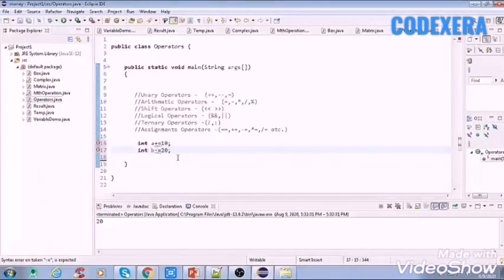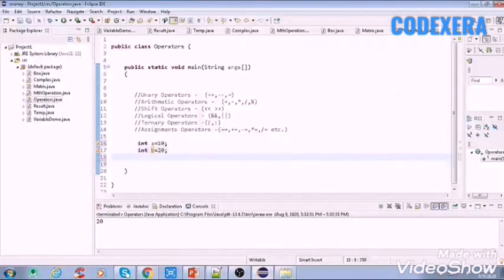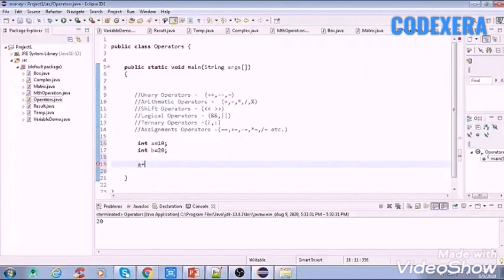So here it is giving us an error. Why is this error coming? Because we cannot use assignment operators during the declaration of variables. We can use it down here, and here we can use it like this. This is the first, and this is the second.